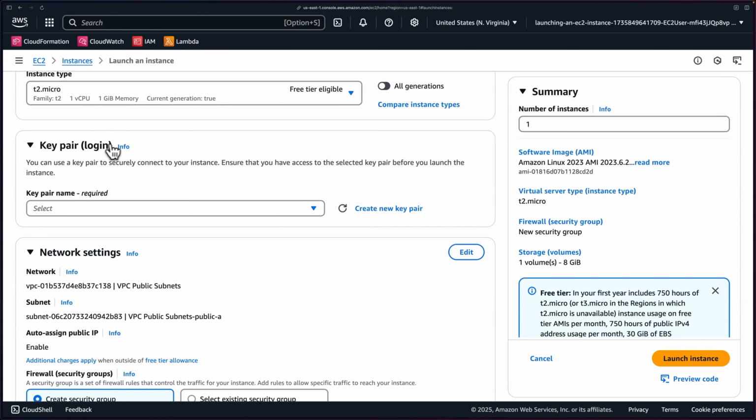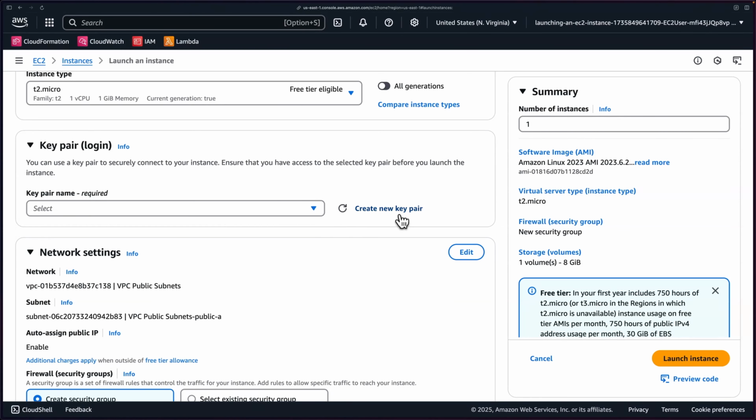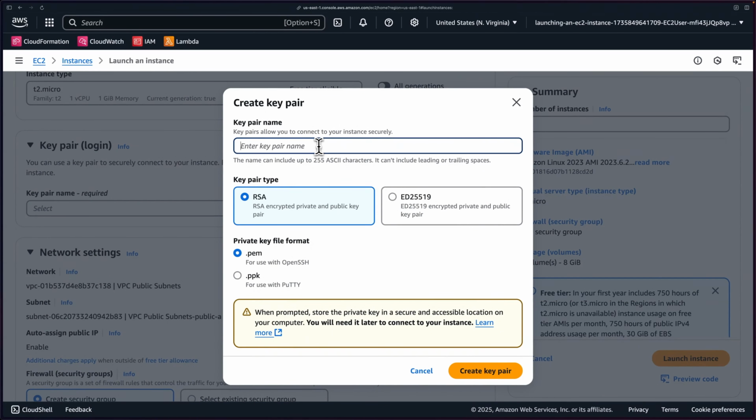Next, we need a key pair in order to log in if we're planning on using SSH. We will be doing that in this lesson, so we don't want to select proceed without a key pair. Instead, we'll create a brand new one. And we'll just name this test. Doesn't matter. Actually, I'll just do my first instance just to match with the name of the instance. For the key pair type, I would recommend keeping RSA as the selection. You can also do